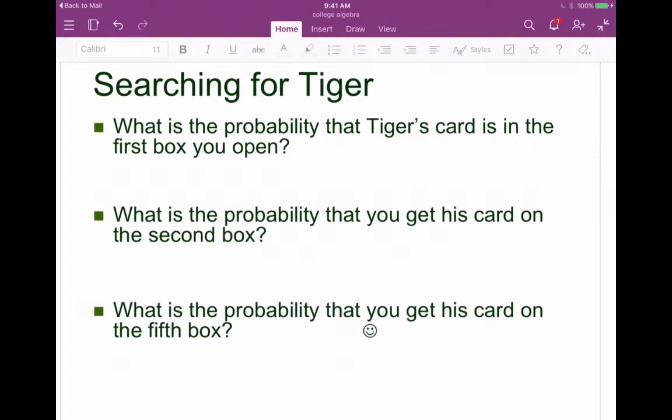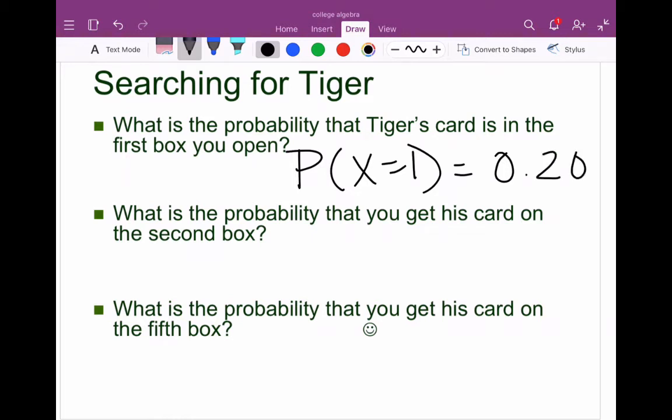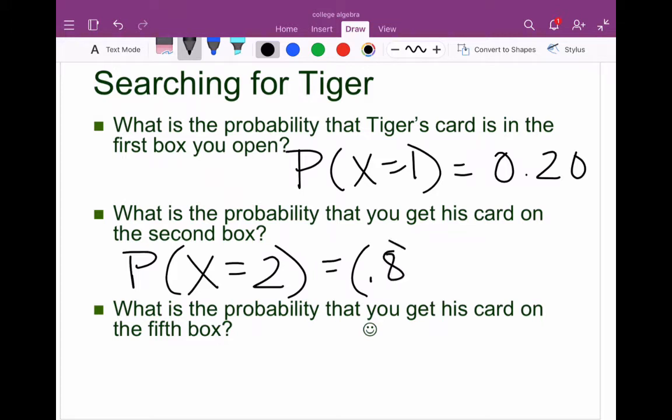Looking at an example, we're going to be searching for Tiger. We want to know what is the probability that Tiger's card is in the first box you open. Well, there's a 20% chance of picking Tiger's card, so the probability of picking Tiger's card on the first try is equal to 20%. What is the probability that you get his card on the second box? You don't get his card the first time, so the probability you don't get his card is 80%, times the probability that you do get his card, which is 20%,